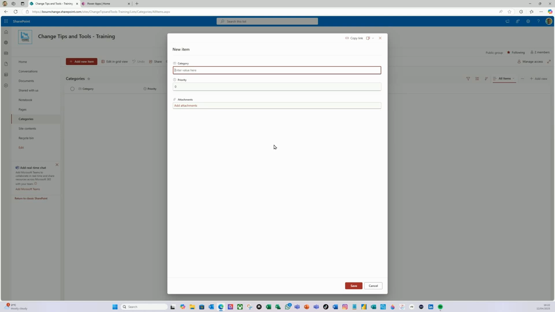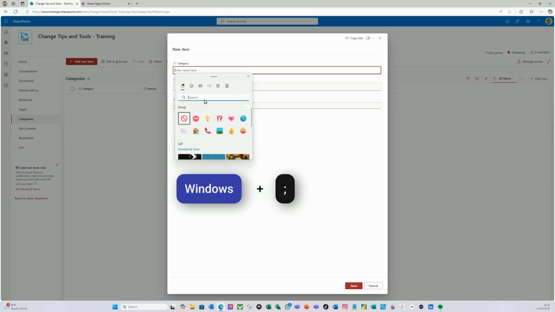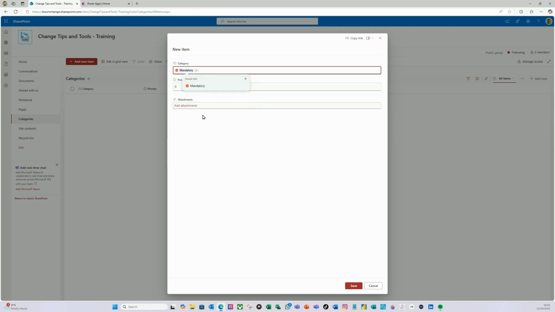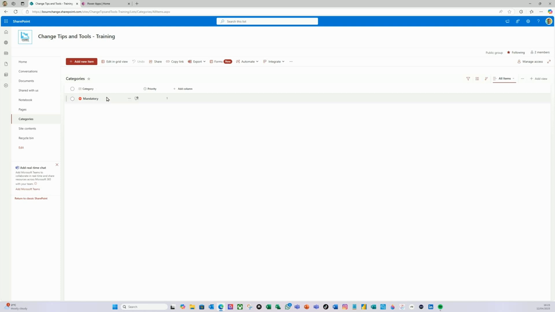I'm just going to do the Windows key and then semicolon to bring up the emojis. I'm going to select that, space, and yet mandatory. That's what I want. And I'm going to give this a priority 1 and save it. So I've got one item in there as far as